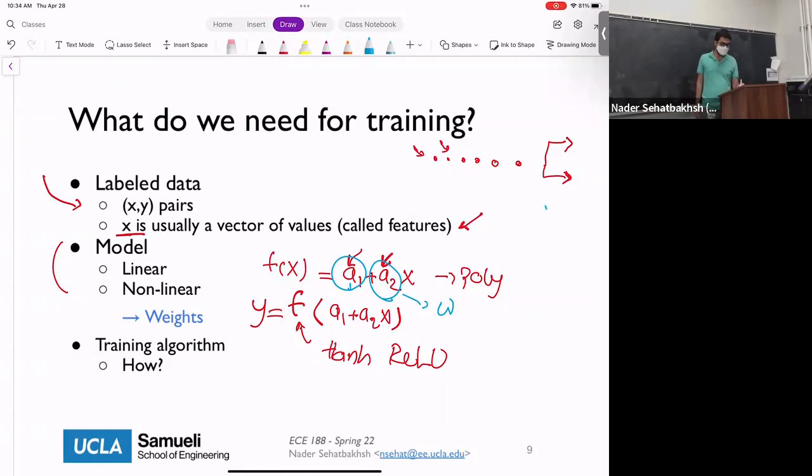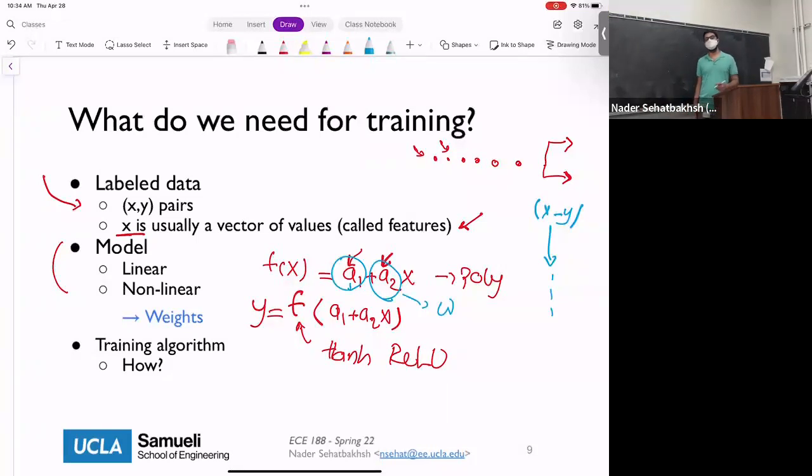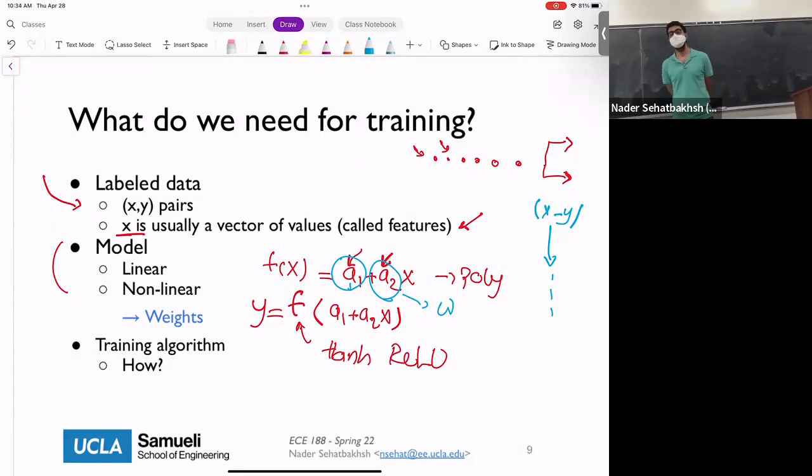Then the question is, now that I have these pairs of x and y, and I have multiple of them actually, how can I use them in order to find maybe alpha 1, alpha 2, alpha 3, and so on and so forth, such that we make the system as accurate as possible, right? So we need to find these weights. This is basically what we call the training algorithm, and that's what I'm going to talk about in the next lecture, in the next slide. Okay. So this is what we're looking for in a training system. Does that make sense?